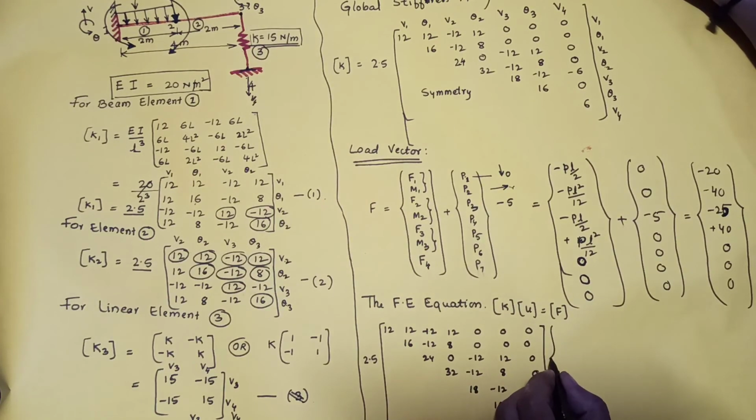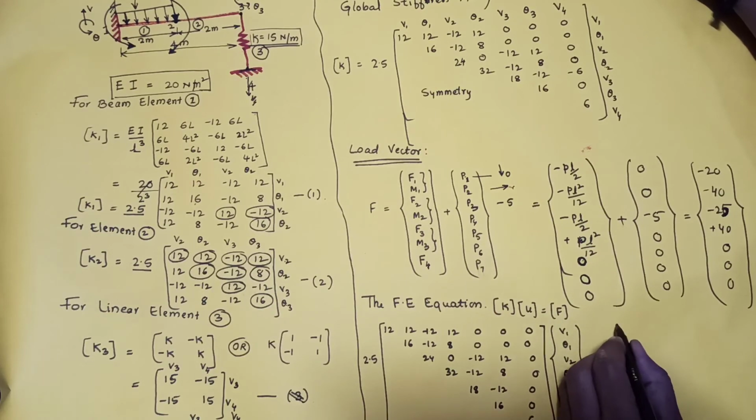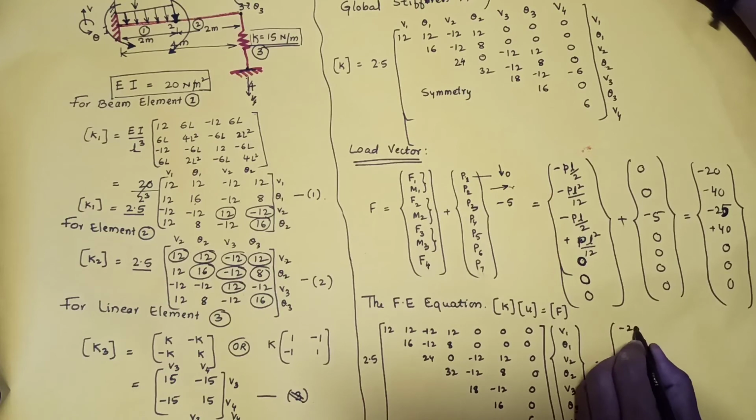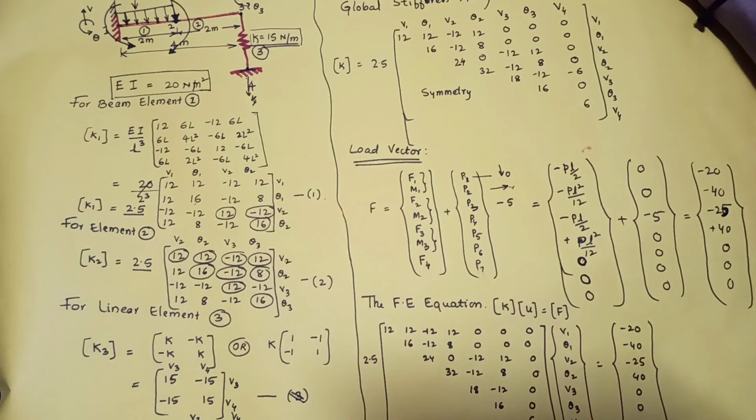Now the displacements we will write. What are the displacements we have to find? V1, theta 1, V2, theta 2, V3, theta 3, V4. Now write down the force vector: minus 20, minus 40, minus 25, plus 40, 0, 0, 0. Now using the elimination approach,